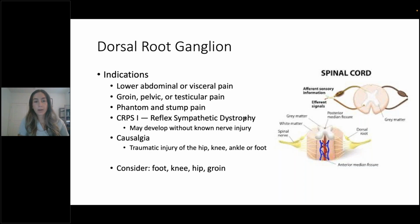The main one that I feel like is just a huge improvement is for patients that have that lower abdominal or visceral pain, and then the groin, pelvic, testicular pain patients that may have been through a lot of peripheral nerve blocks, TAPs, pudendal nerve blocks, sacral nerve blocks, ablations, and they either can't get the ablations because we can't get the approval through their insurance, or they get the ablations and they're just not hitting the mark like we want them to. I feel like I've had a lot of success with testicular pelvic pain patients in doing dorsal